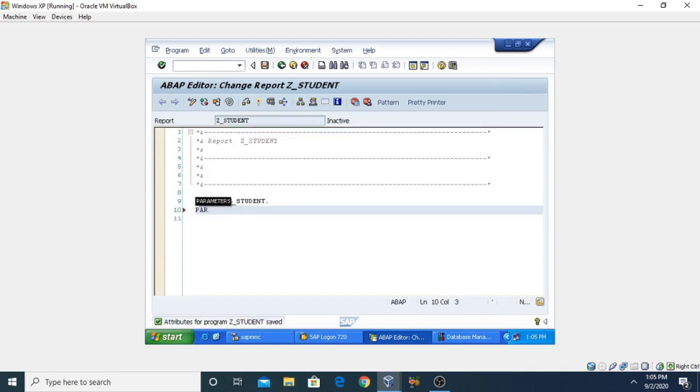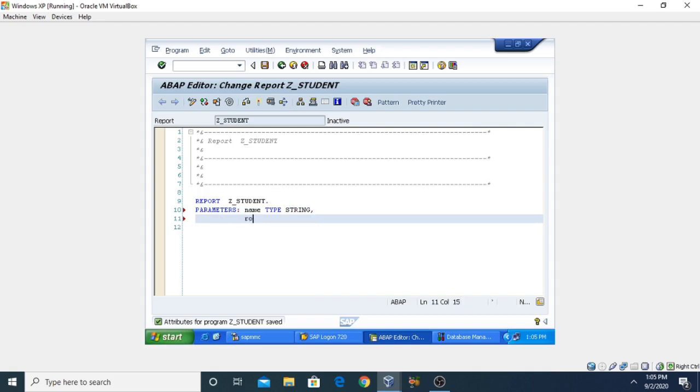Now I'm going to write here the PARAMETERS statement. So this is parameter name, and then type is string. Similarly, roll_number, then type is integer, then START-OF-SELECTION.